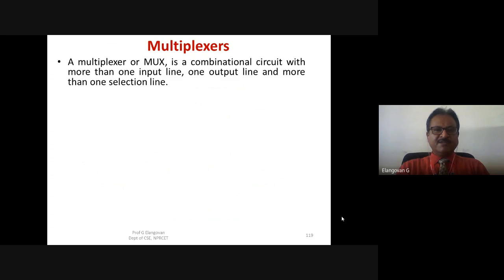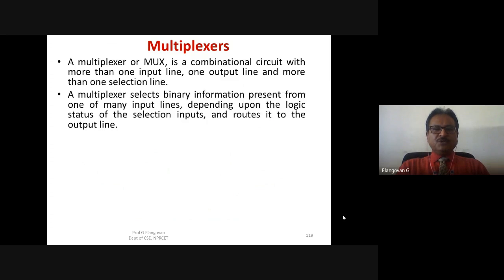So basically, what is a multiplexer? It's a combinational circuit. It will have more than one input, and out of which only one input will be selected as output at any instant. So we can say that out of available n number of inputs, it is going to combine and give us a single output. Sometimes the multiplexer is referred to as a parallel to serial converter because more than one input is coming to the multiplexer and only one output is going from it.